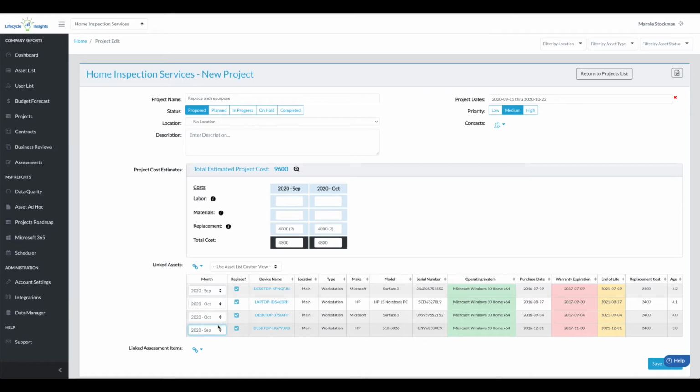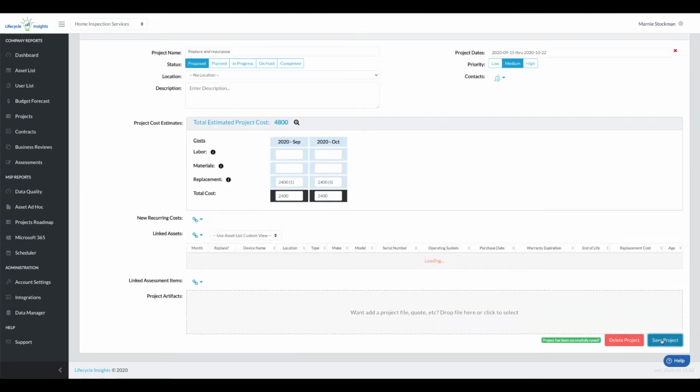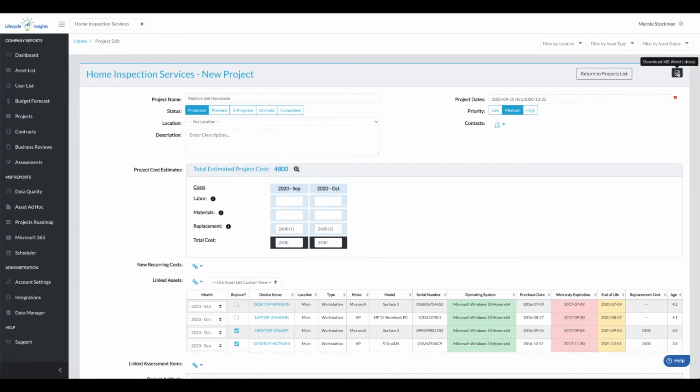And the other piece that I could do is if these two machines are being repurposed, not replaced, I can uncheck replace, which, as you can see, hides the replacement cost. So it lines it out for the purpose of this project so that the client can understand that we will be replacing these two machines, and these two machines are involved in the project but are not a part of the cost. I'm going to go ahead and save this project,